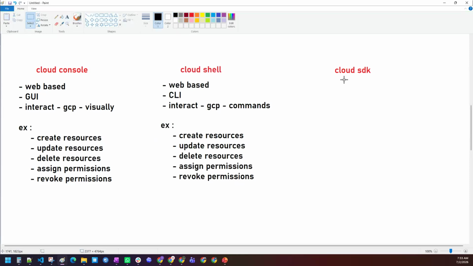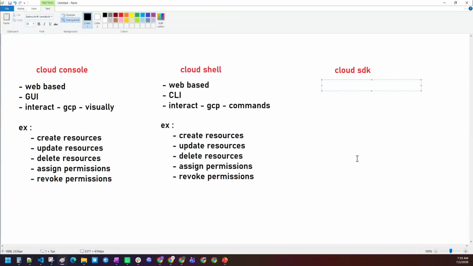Okay. So now, what is Cloud SDK? First of all, tell me what is SDK, guys. Can anyone tell me what SDK means? Exactly. SDK is nothing but software development kit. So as it is a kit, if one wants to use this kit, you must download it according to the operating system and install it.